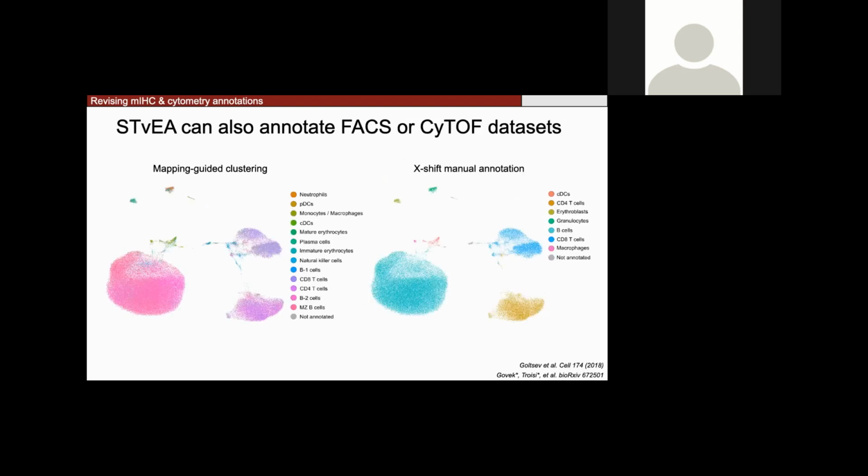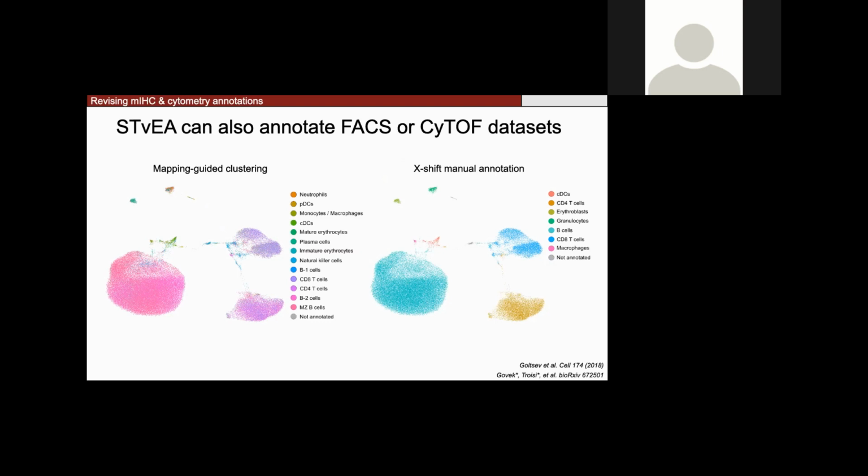So I'd been talking mostly about using stevia to annotate multiplexed immunohistochemistry or imaging mass cytometry data sets, but it can just as easily be used to annotate non-spatially resolved flow or mass cytometry data sets like FACS or CITE-off. So we've taken the CITE-off data from the original Codex paper, and we've applied stevia using the same CITE-seq atlas